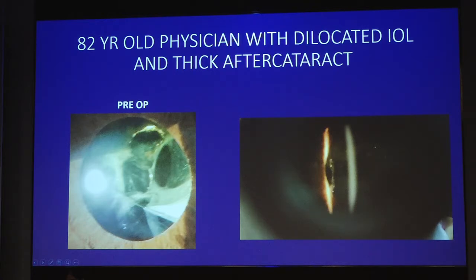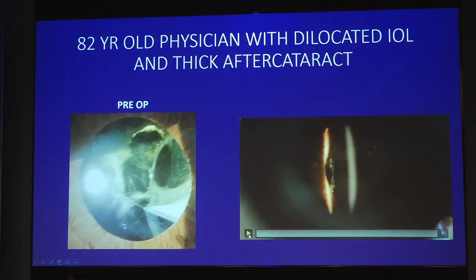So here is an example of an 82-year-old physician who had a lens implant done by a good friend of mine. He had 6/9 vision through a small zone there, but he wanted to read the Hindu and the whole lancets. So he wanted to have better vision. So I did cataract surgery in the fellow eye, because the fellow eye had a simple cataract. But then after the fellow eye was done, he still wanted something to be done for this eye.